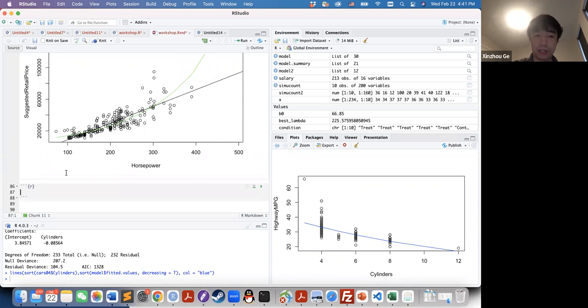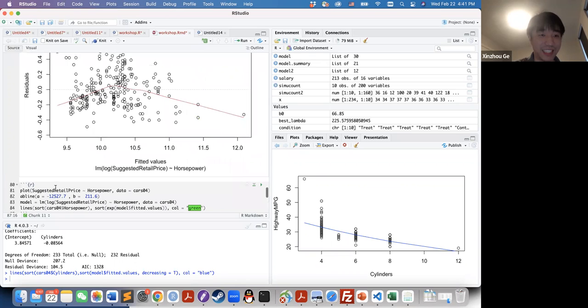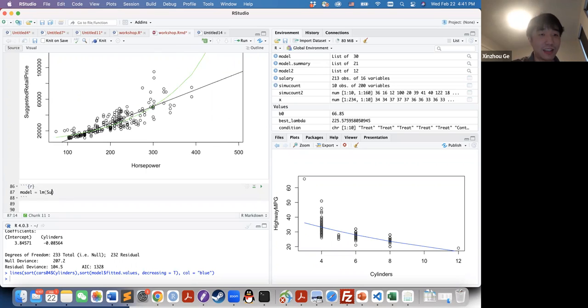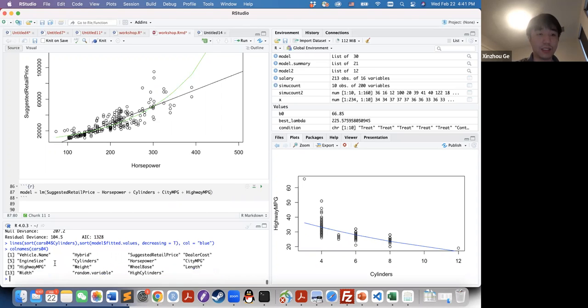So this time we will do a multiple linear regression, so we can still use the lm function. So here, the response is still the suggested retail price. So let me just copy this to reduce some of the typing. Suggested retail price with horsepower and cylinders and city MPG and highway MPG. So you can look at the column names of this data set to make sure that you didn't make any typos when you type these names. And the data will be